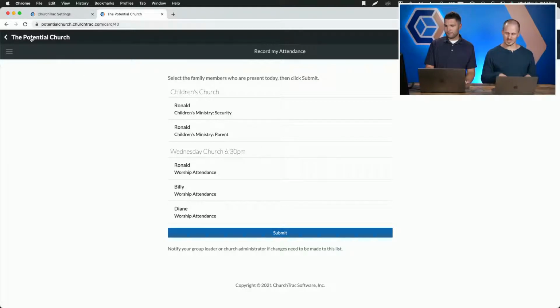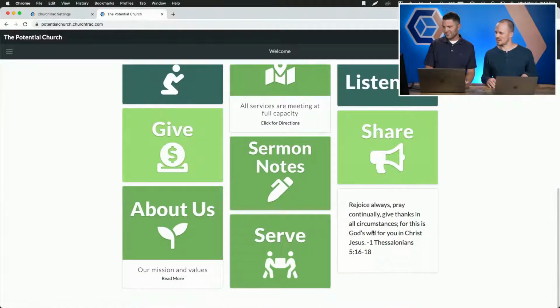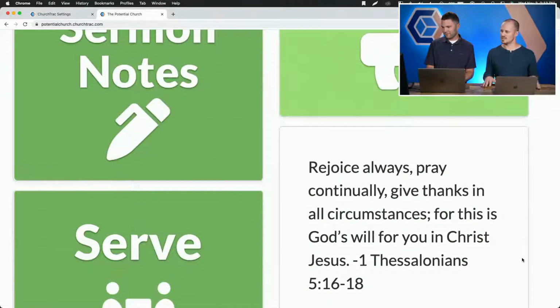And then there's also what we call a quote card. If you scroll down, Wes, right there in the bottom right. A quote card is really just a way to add a nice personal touch to your Church Connect page. Wes has 1 Thessalonians 5:16 through 18. You can add a Bible verse, maybe make it relevant to the service that happened last Sunday or coming up next Sunday. The pastor can put up a quote that inspired him lately,